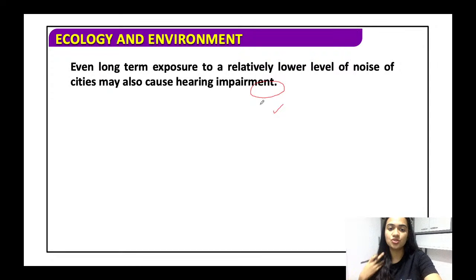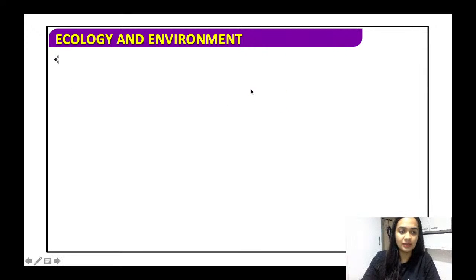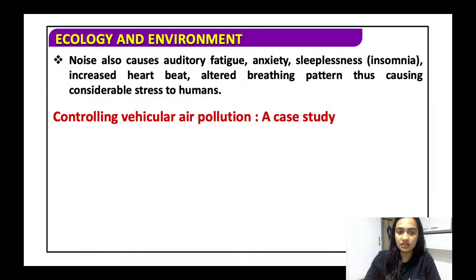Now, even long-term exposure to a relatively lower level of noise of cities may also cause hearing impairment. ठीक है. Noise also causes auditory fatigue, यानी कि hearing loss, anxiety, sleeplessness, insomnia, and increased heartbeat. Altered breathing pattern, thus causing considerable stress to humans. So, what is happening कि ये हमारे हार्ट बीट को भी इंक्रीज कर सकता है. तो हार्ट बीट इंक्रीज होने से क्या होता है, altered breathing, that means not a proper breathing. तो ब्रीदिंग पैटर्न डिस्टर्ब हुआ, एंजाइटी लेवल्स बढ़े, ये सब इन टर्न क्या लीड करता है, this leads to